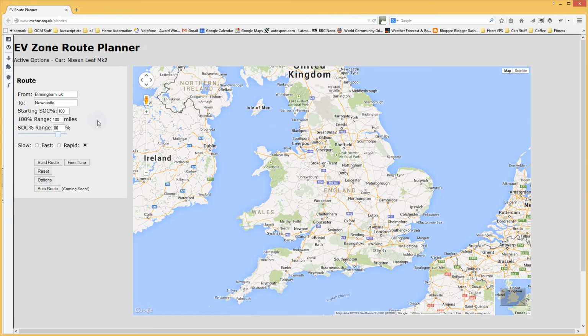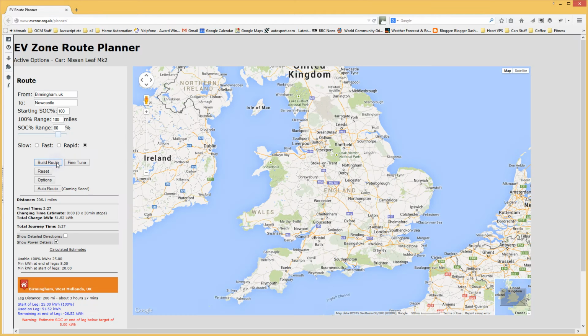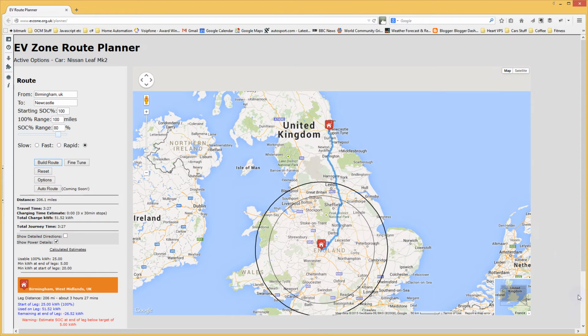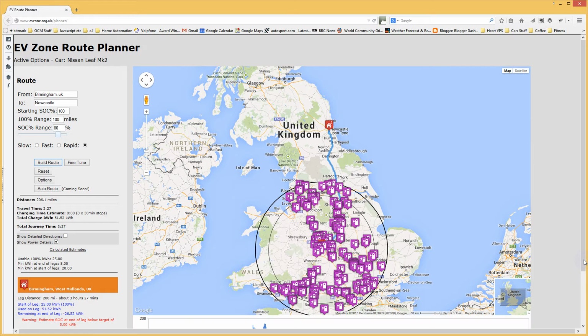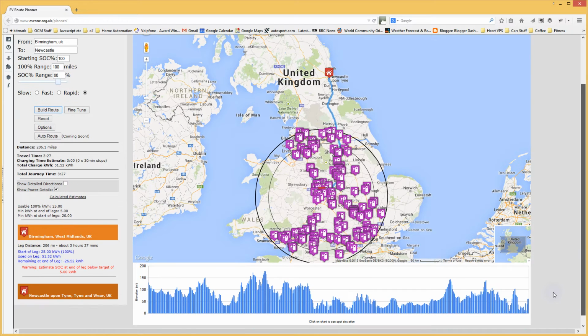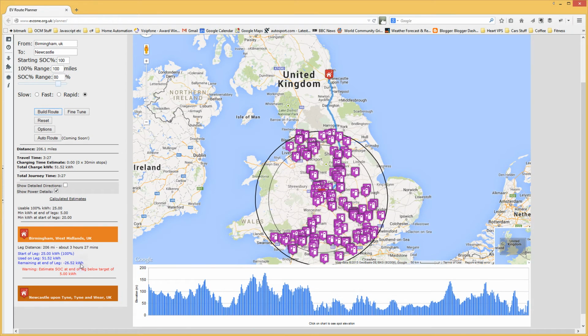And I will plan the route from Birmingham to Newcastle in the normal way, and at the bottom you will see the elevation chart here. Now the elevation chart shows you the hills on the entire route, and this will help you plan where you stop. What I'm going to do now though is I'm just going to build the route from Birmingham to Newcastle